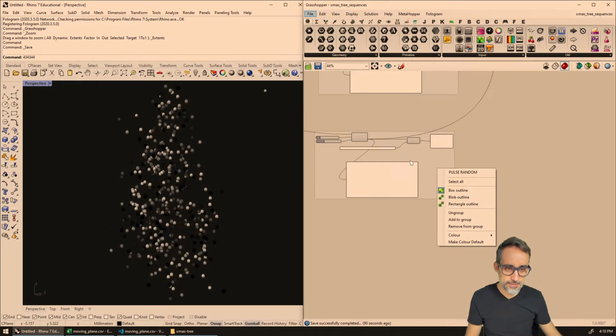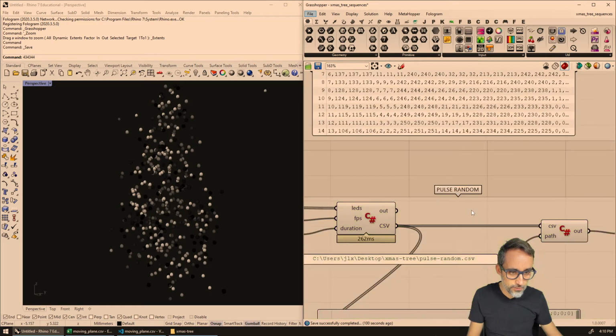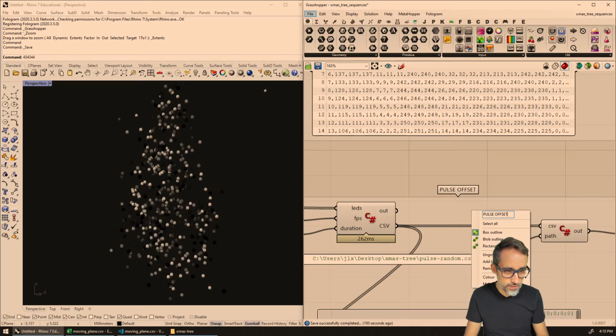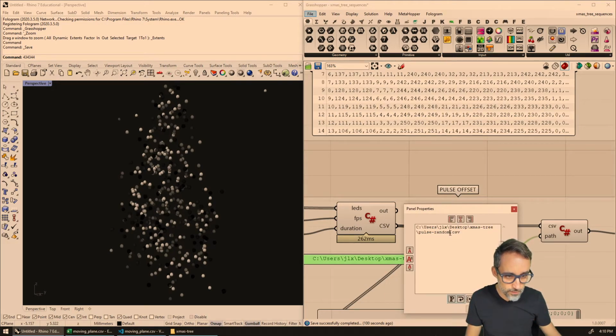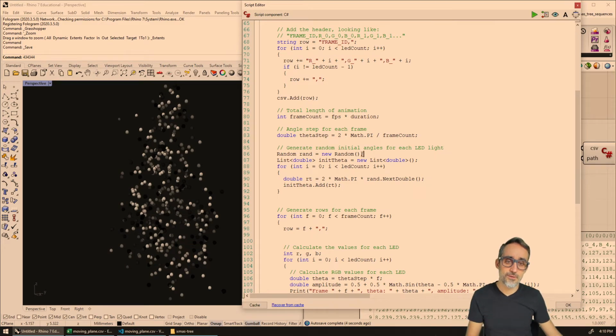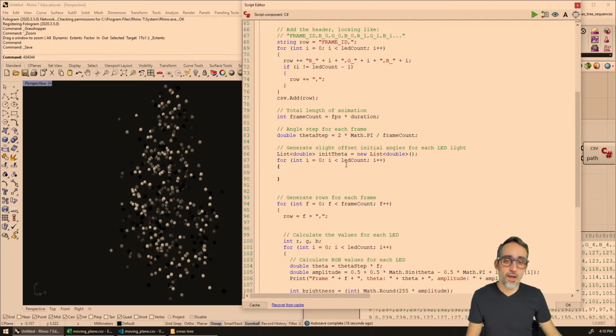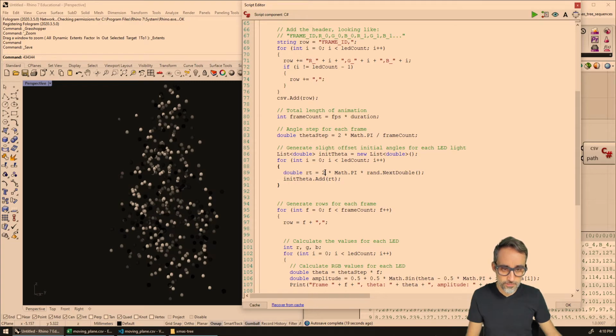What that looks like is, let me copy and paste this, and then I'm going to call this pulse with an offset, all right? And then this one is going to be called pulse with an offset. And then here, in the original, instead of creating these numbers with a random initial, with slight offset initial angles, what I can do is I can say, I'm going to create a value here, but this value, instead of being random,